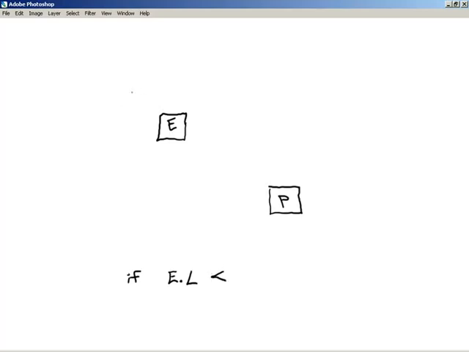Here's the top of the window, so all the way over here is a left of 0, and all the way over here is a left of 100. Good enough. The enemy currently has a left of maybe 10, while the player has a left of maybe 60. So if the enemy's left is less than the player's left,